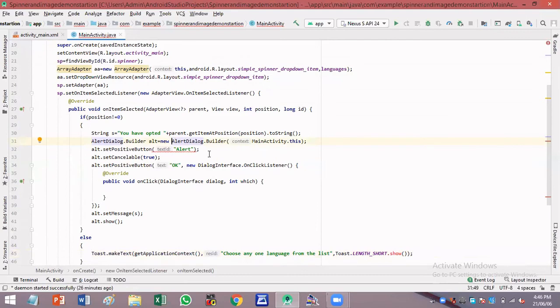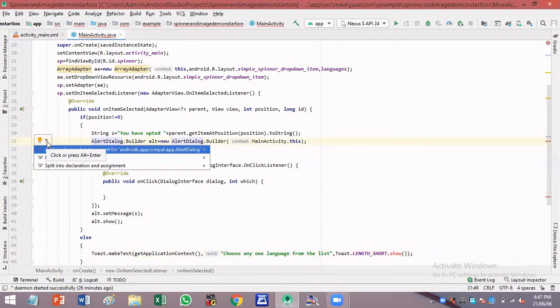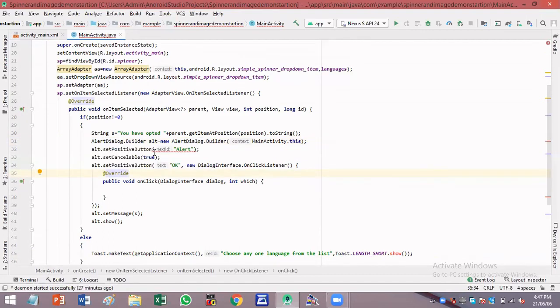So here there is some error. Set title, not set positive button. Set title.